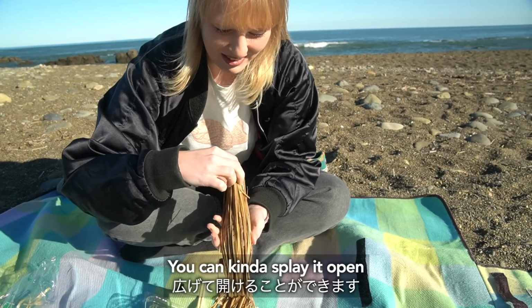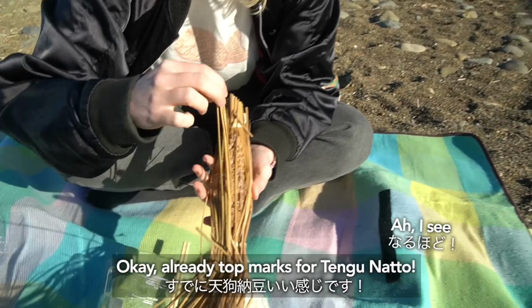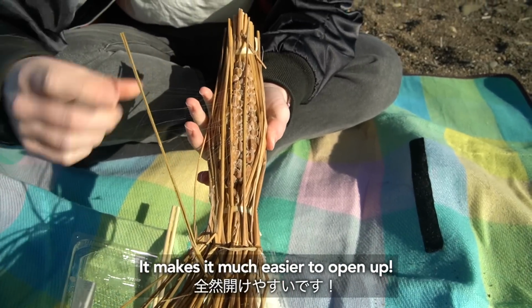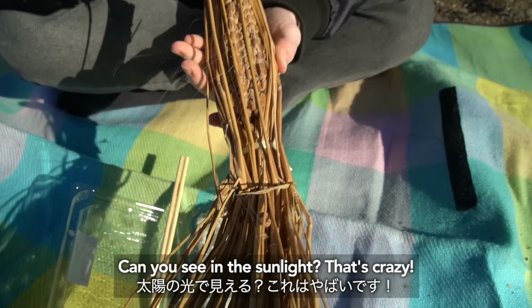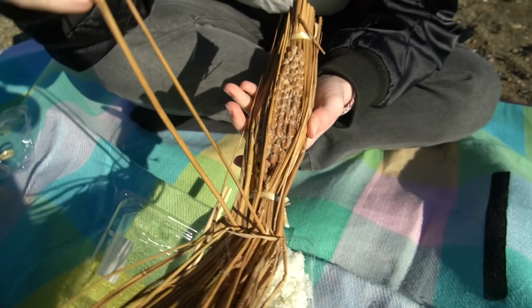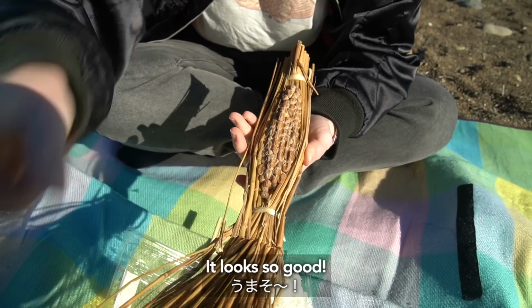You can kind of splay it open. Okay, already top marks for Tengu natto. It makes it much easier to open up. Oh, yeah. Whoa, look at those spider webs. Can you see in the sunlight? That's crazy. Ooh. うわー、お腹すいた。うまそ。